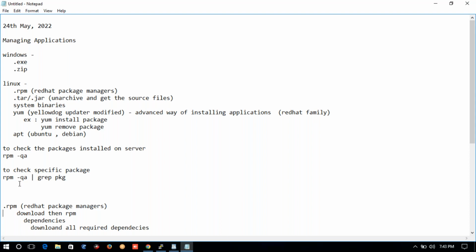No, not like that. Don't get confused. Yum is a package manager. Okay, it's a package manager. By using the yum command,